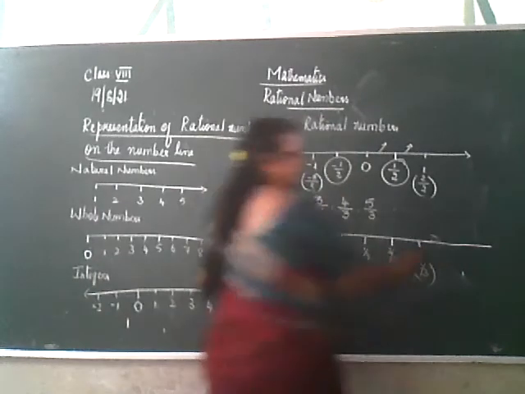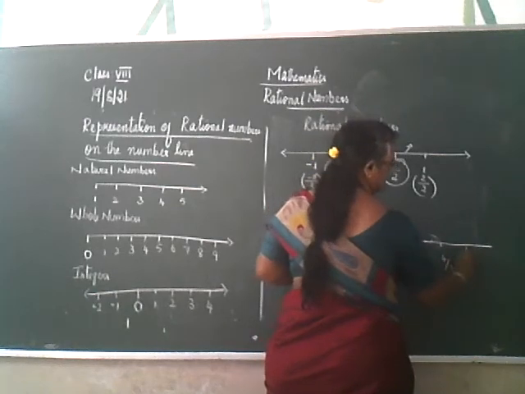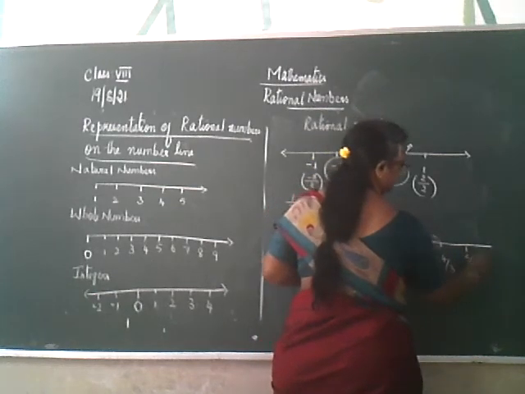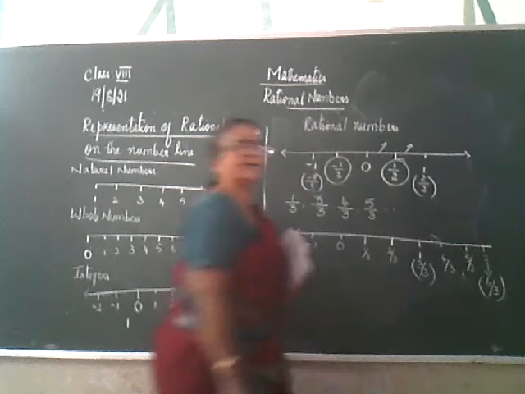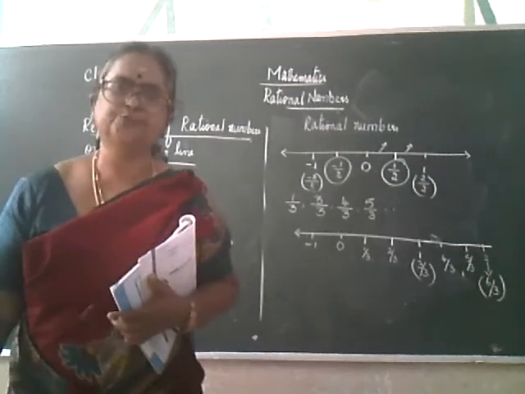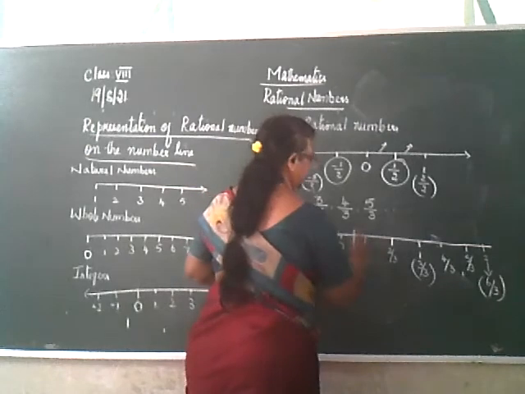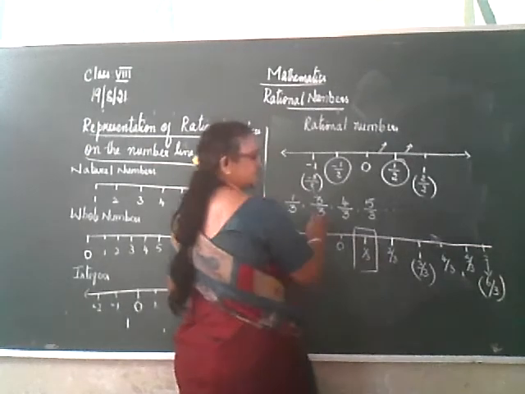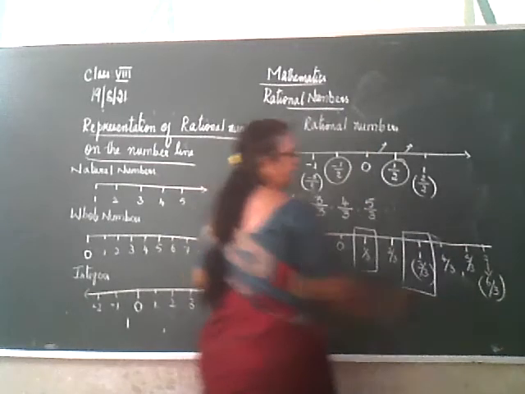What about the next part? Yes, 4 by 3, 5 by 3, and the next part is 6 by 3. 6 by 3 is nothing but 2, because 3 2s are 6. So now you can write 1 by 3, which we were asked. Then 1 is nothing but 3 by 3. Then 4 by